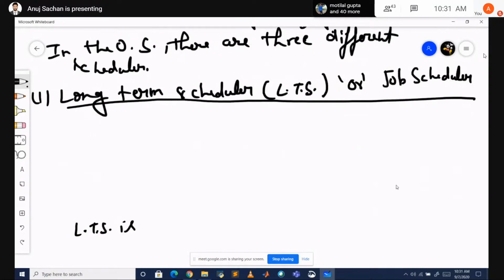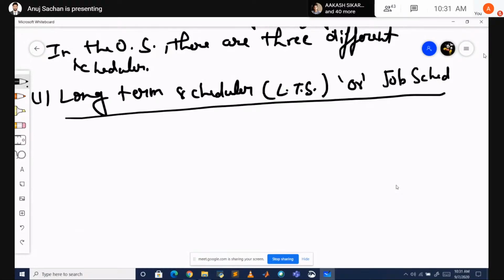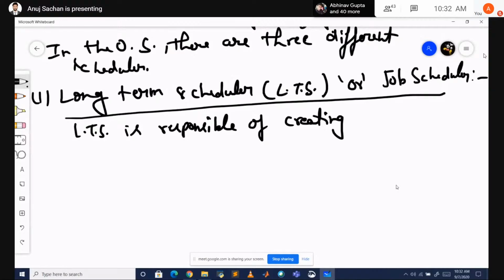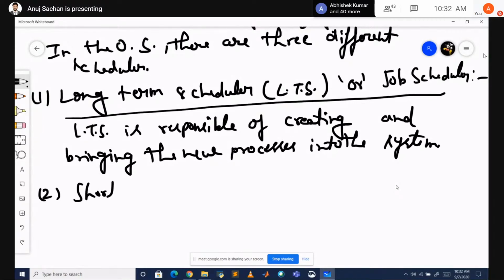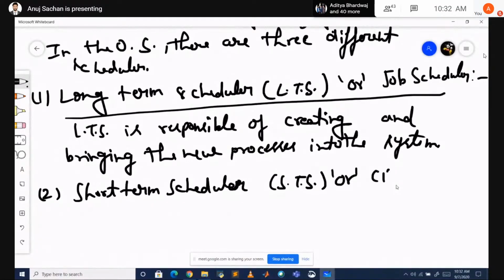लॉन्ग टर्म शेड्यूलर is responsible for creating and bringing the new processes into the system। शेड्यूलर का ये काम होता है बस। दूसरा आपका शॉर्ट टर्म शेड्यूलर, STS, और इसको बोलते हैं CPU शेड्यूलर।